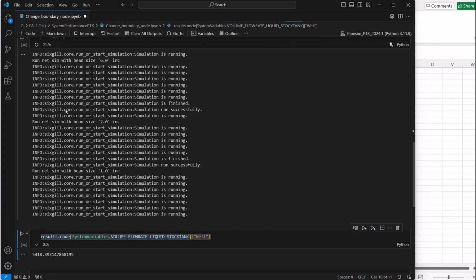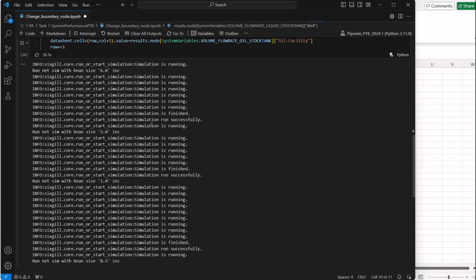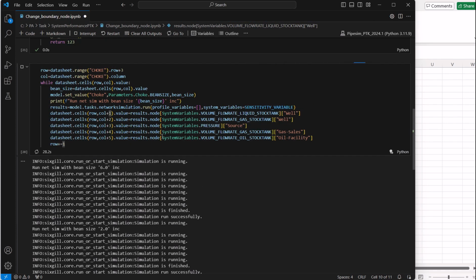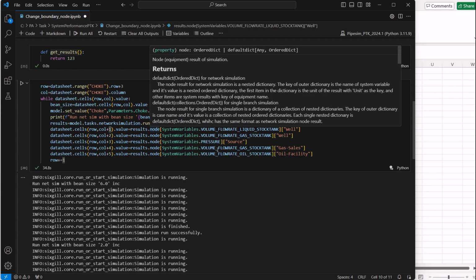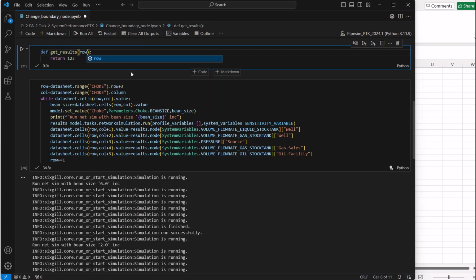While it's going there, I'd like to pay attention to one thing. You need to be careful with reporting this way, what I've done, because I didn't care about the results. In case some wells or some objects are not existing in the results, your code will crash. So you need to create some clever method. For instance, this gets results. You can use the row. You can use, for instance,